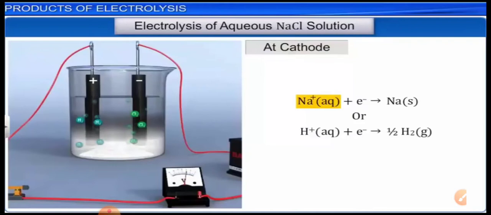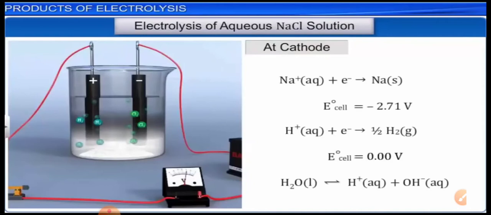You should know the reduction potential of the sodium ion and also of the hydrogen ion. If you have both the potentials, then you may compare them, and the one which has the higher electrode potential will get reduced definitely. So here we have a sodium ion and H plus ion. They both may be reduced. We will go one by one. So we have a first reaction of sodium and another one of the H plus ion.